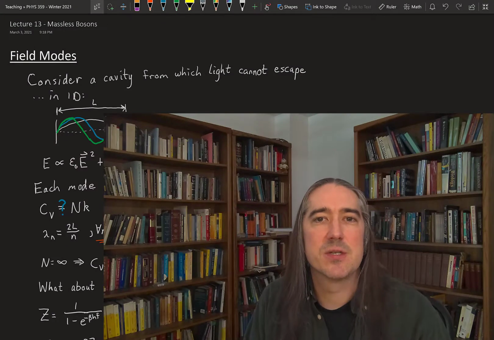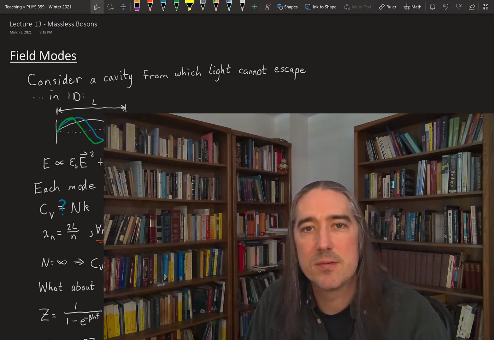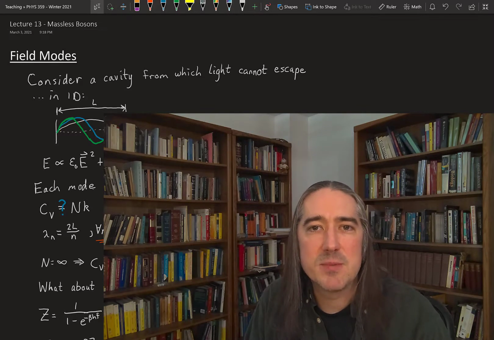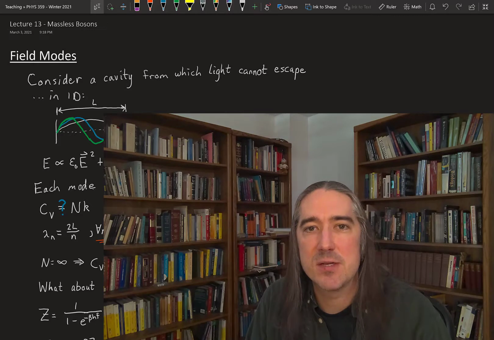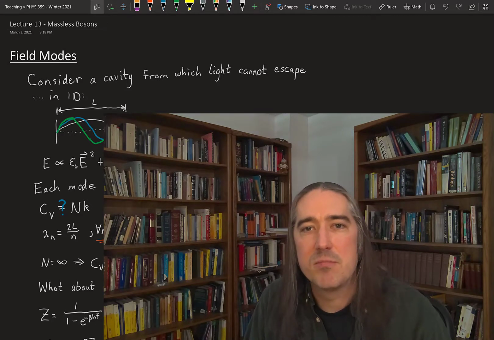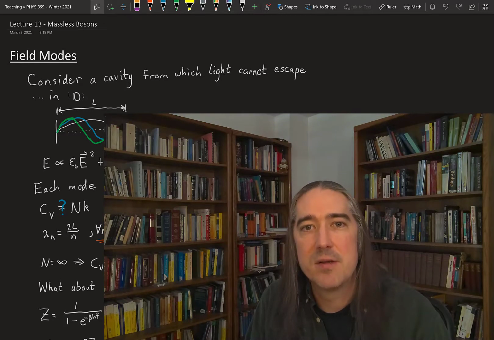In today's lecture, we're going to start talking about bosons, so the other type of quantum particle compared to fermions. And specifically, we're going to focus on building up the formalism to describe massless bosons. And then partway through the lecture, we'll specialize to photons, those particles of light, talk more in depth about them.